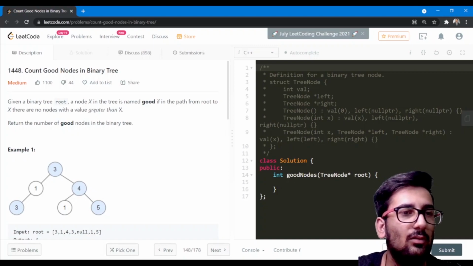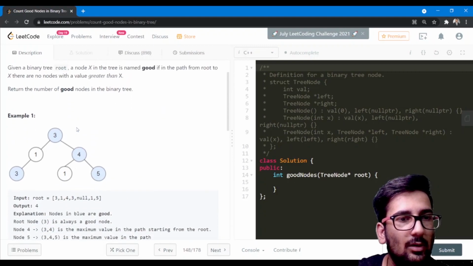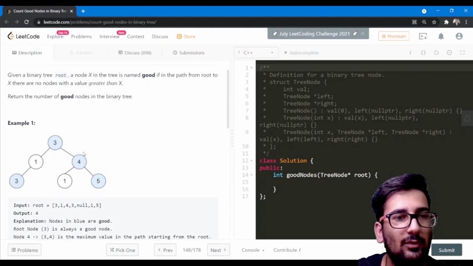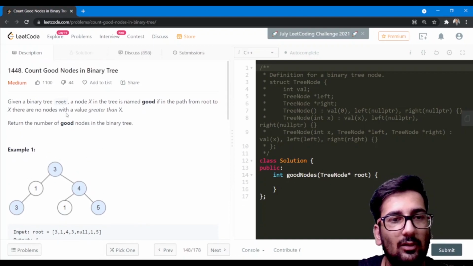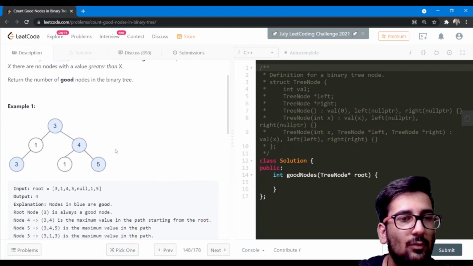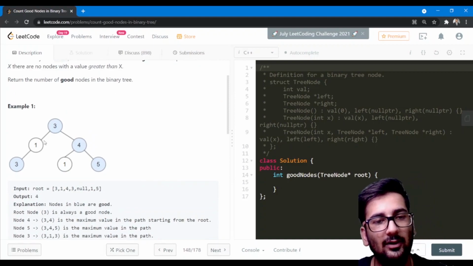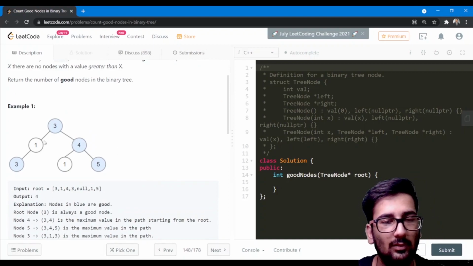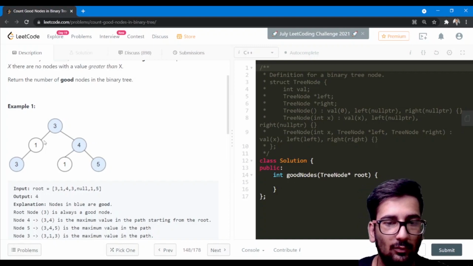Okay. So this is a medium problem, and we are given a binary tree and we have to find the number of good nodes. So now as described in this description, the good nodes are the nodes which are either greater or equal to the previous nodes in the path from the root to that node.